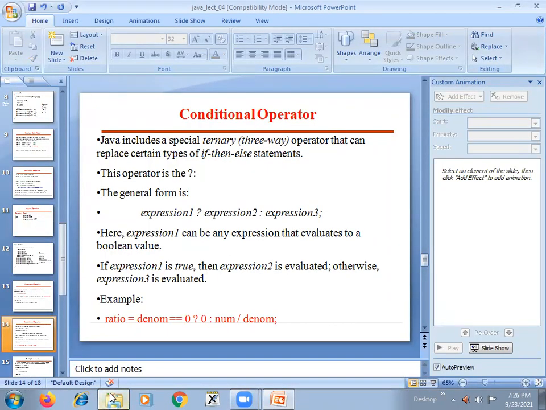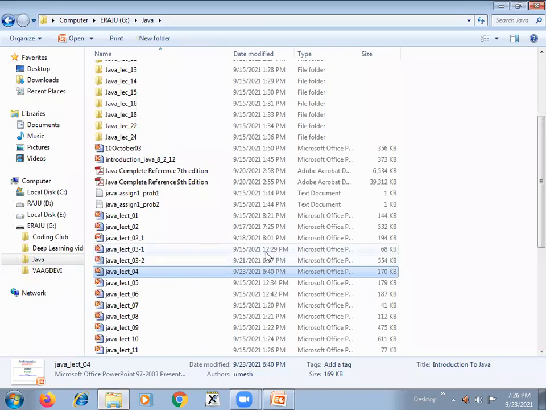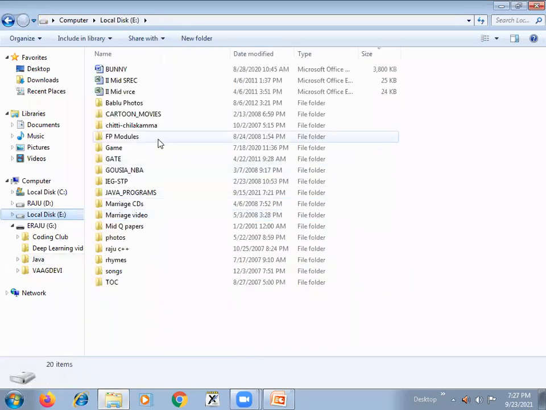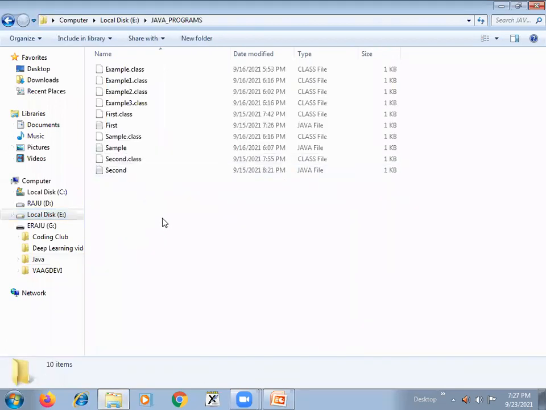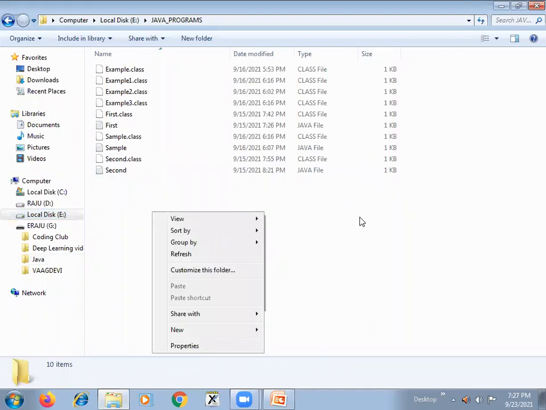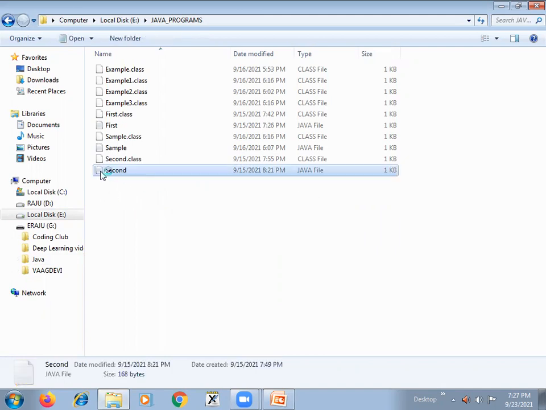So we'll write a simple program using the conditional operator to find the greatest of two numbers. We'll go back to our Java programs. Open Notepad, and I'll open some Java file.